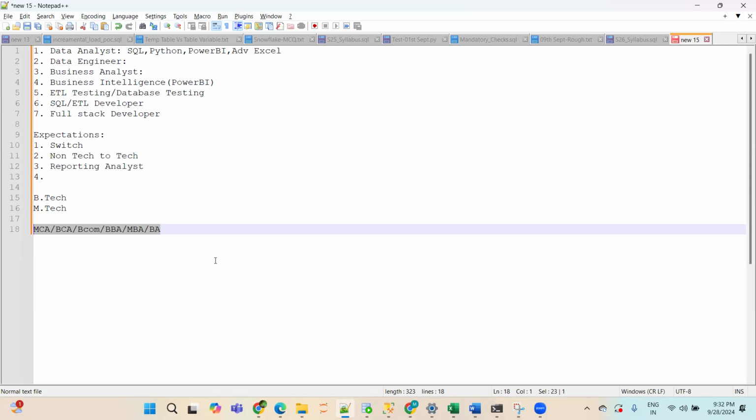But then you might think the interviewer will ask questions, like what are your roles and responsibilities? That is what I will cover during this course. Everything will be practical, based on my project experience: if you're working as a data analyst, what are your roles and responsibilities? The same thing you have to answer during the interview. If you're able to convince the interviewer with that, it is sufficient. No one is going to check your previous company about what Durga or Tanvir was doing. They will just validate that you worked in that organization.